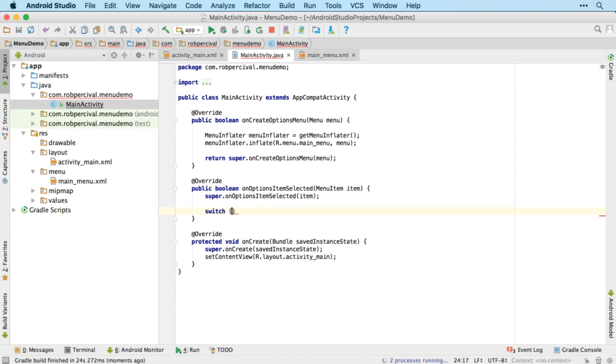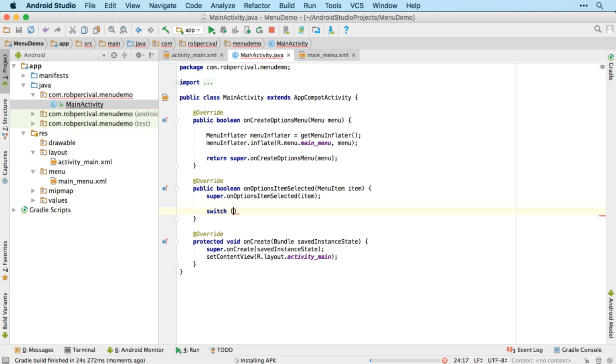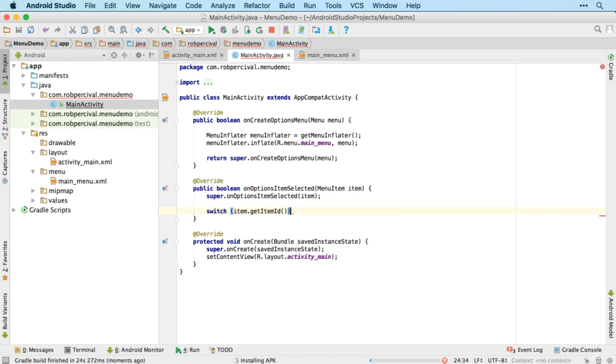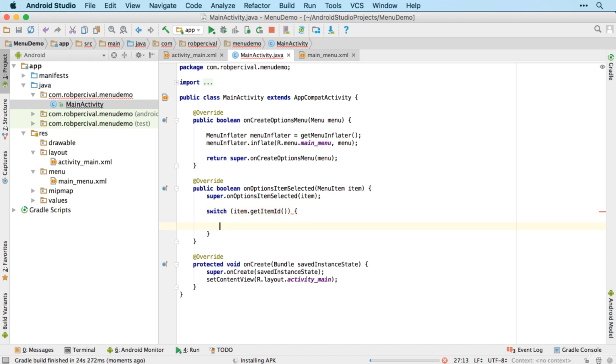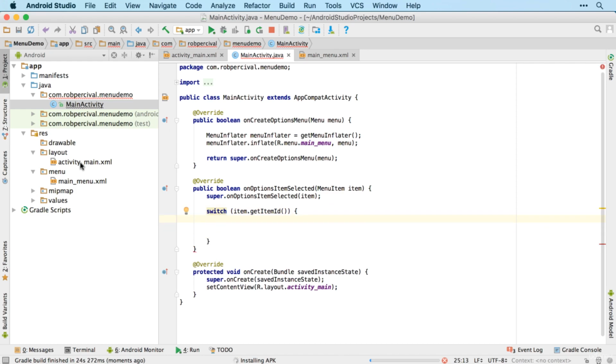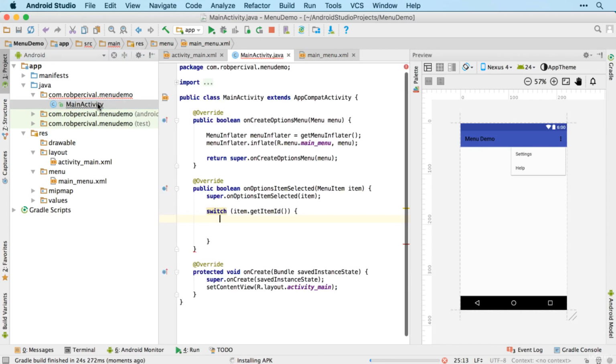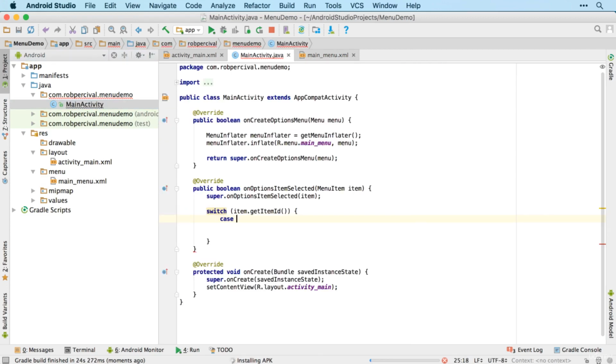So we're switching on the ID of the item that was selected, which is item.getItemId. And the first option, quite literally, is settings. So if the item ID is R.id.settings,